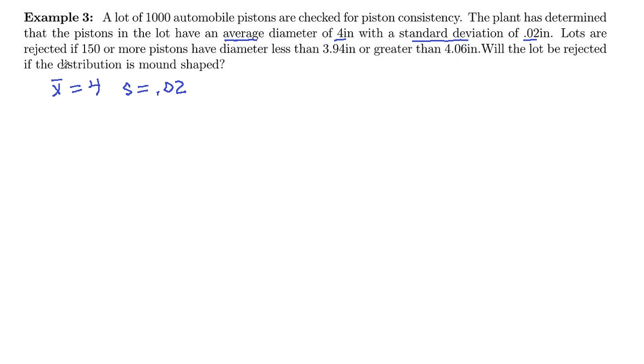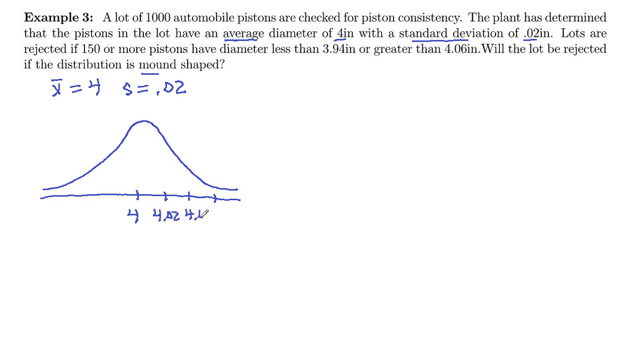Will the lot be rejected if the distribution is mound-shaped? So we know this distribution is mound-shaped. So let's sketch our bell-shaped distribution. And in the middle we have our mean, which is at 4. And then we'll add 1, 2, 3 standard deviations, so 4.02, 4.04, and 4.06,